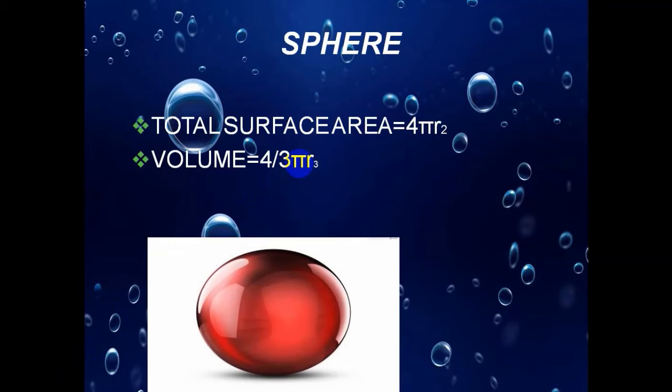So dear students, in this video lecture you see that some figures are 2-dimensional and some figures are 3-dimensional. The main point is how to find the perimeter and area of a 2-dimensional shape, and how to find the area, perimeter and volume of 3D shapes. Now this is the end of this segment.